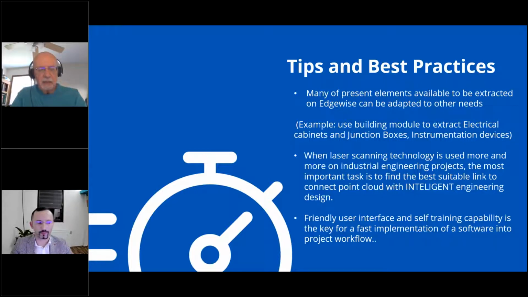So Georgian, you didn't start with a smaller project. You went right into one of the biggest projects your company ever had and used Edgewise. Frankly speaking, I wanted to use Edgewise just for the 3 wellheads, because they had no available 3D model, so it was from zero. Those 3 locations combined are 20 times smaller than the flow station. But in fact, Edgewise was the winning solution for the biggest location we had, the flow station. And for that,